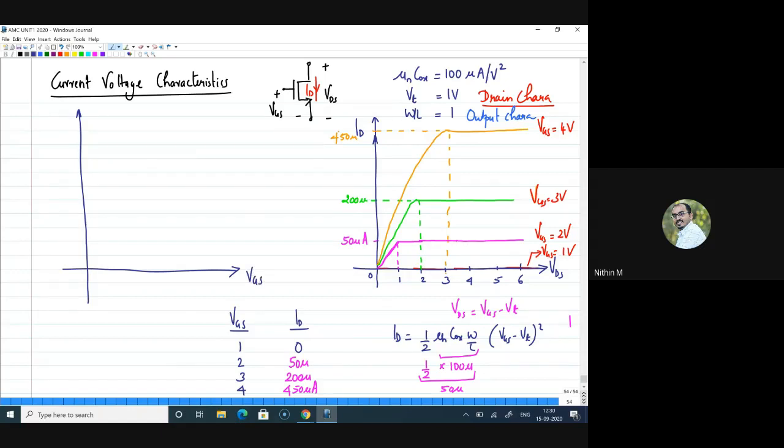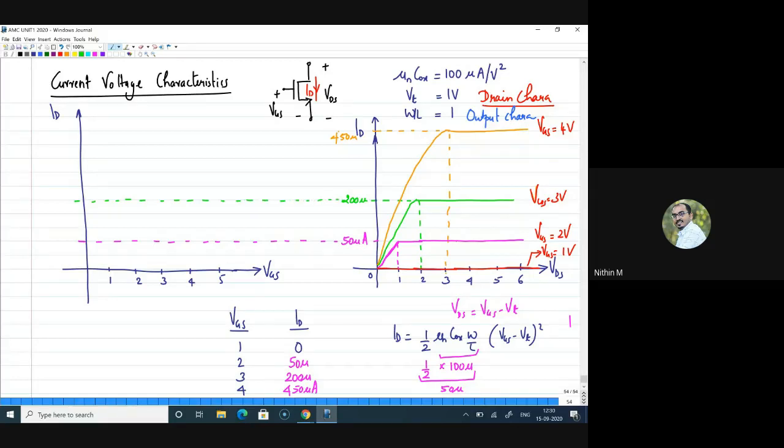For that, I have VGS on one axis, and ID on the other axis. And now I know that for each VGS, what is the current? Now this is 1, say this is 2, this is 3, this is 4, and this is 5, right? So for 1 volt, when your VGS is 1, your current is 0, right? When your VGS is 2, what is the current? I can, in fact, extrapolate this, or I can just look at these lines. This is 50 microamps.